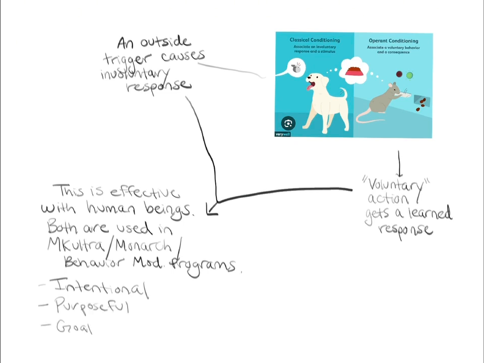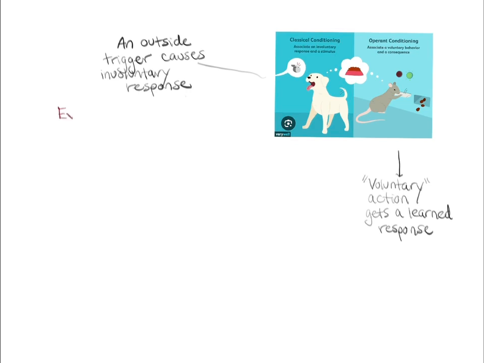interchangeably, different things, different results. It's all intentional, purposeful, with a goal in mind. So depending on what the person programming wants to do, they use these. These are just the core principles of what behavior modification is. So for example, through torture, disassociation from the torture, or sexual abuse, or whatever it is,